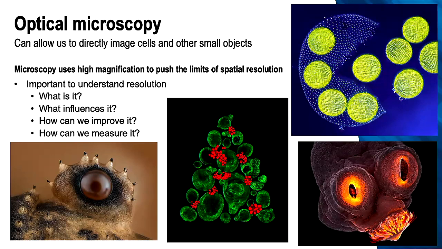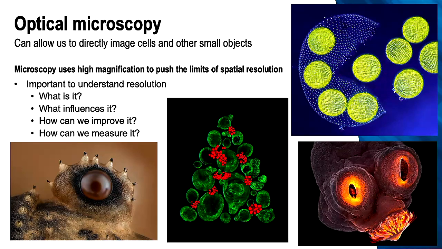Imagine how tiny that is. The top right, it's not Pac-Man, it's a green algae cell reproducing, so releasing its daughter cells. And the one in the middle that looks like a Christmas tree is actually stem cells growing, I think it's bone,